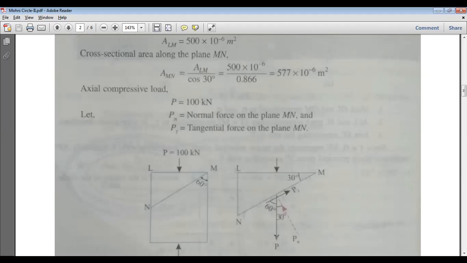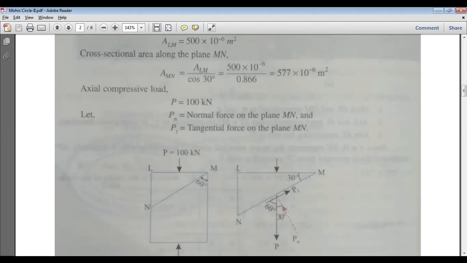Again, the P is going downwards. Why is this taken? Because at this point you can see exterior of the body, another compressive force is acting at this point. So this is coming inside and this is coming inside. But we have drawn the free body diagram and we have removed the lower portion. So we will be showing only the upper portion, and in the upper portion the compressive force is coming from here to here in this direction. So this will be coming in downwards direction. That's why we have taken P. Okay, now we have taken the direction of P compressive.